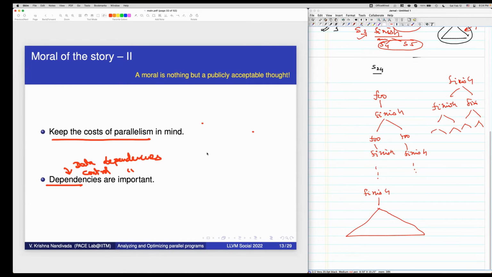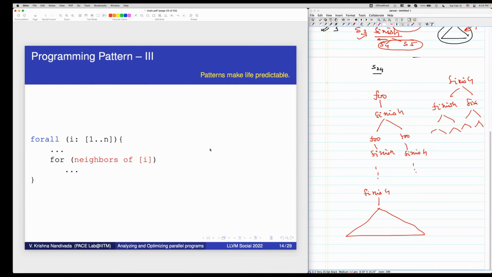Any other question? All right. Let's go to one more pattern. Let us say I have the following code. I have a parallel loop which creates n tasks.